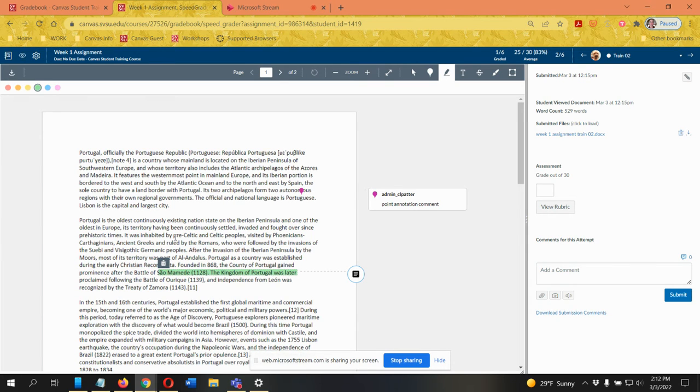Points, no one's going to know what this means, but with the highlighting, you can add a comment or not. Maybe you'll tell your students, I'm going to highlight everything in green if it's a spelling mistake, everything in yellow if it's a punctuation mistake, that type of thing. But I'll add a comment by clicking on this little comment box. And now I can say,